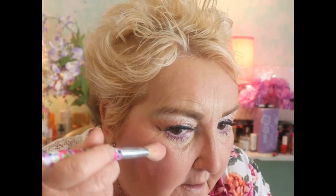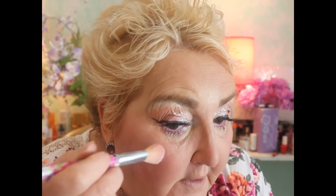I started. Now I'm going to go back into Ofra. I got this in one of my gift boxes. As you can see, it fell and got a little bit cracked. So I'm going to go after this brush right here. Okay, and I'm just going to see if it comes off on the brush or not. Sometimes I usually have to use my fingers for it. Okay, what area is it going to go in now? Oh yeah, that's pretty. It's just going to highlight the...